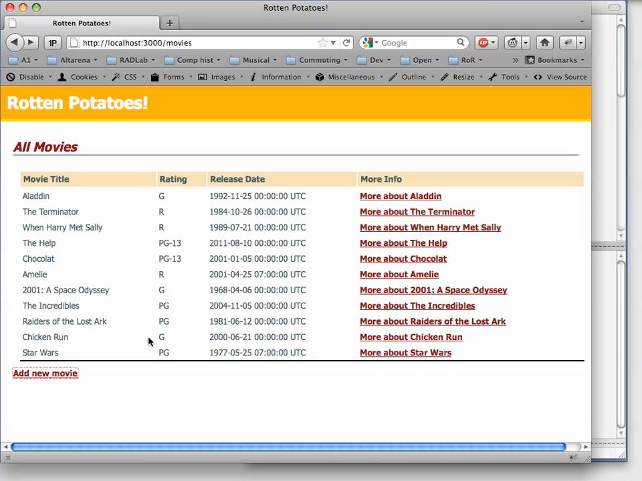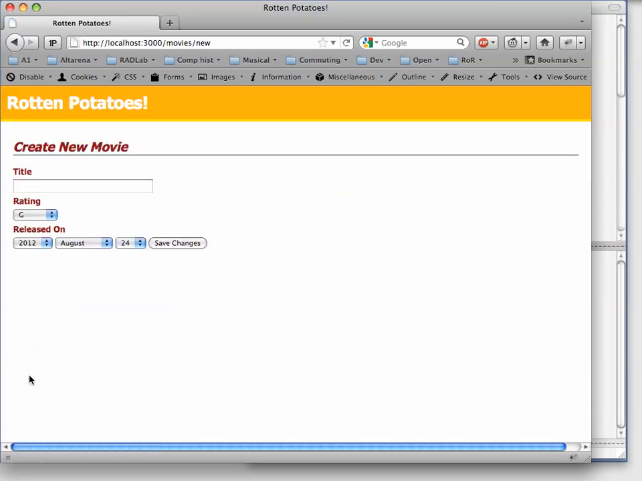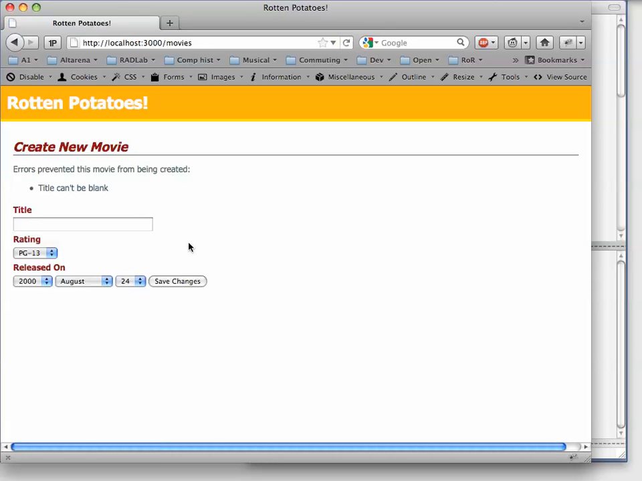We're on the Rotten Potatoes list of movies, and if we click the link to add a new movie, I'm going to set the rating and the release date to reasonable values, but I'm going to deliberately leave the title blank, which should cause the movie to fail validation. When I click Save Changes, sure enough, I see an error message that tells me why the movie couldn't be